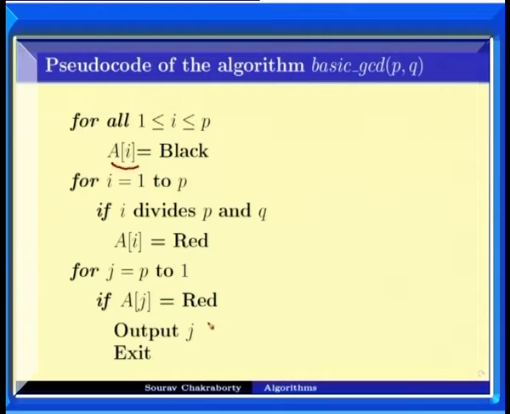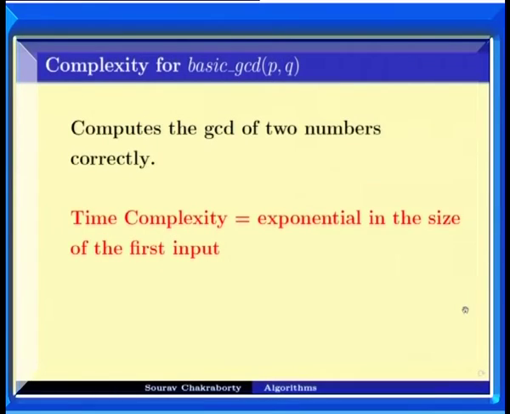Finally we move from right to left, from p to 1, and as soon as we see the first red, we output that. We have seen that this algorithm does output the right value, and we also saw that the time complexity